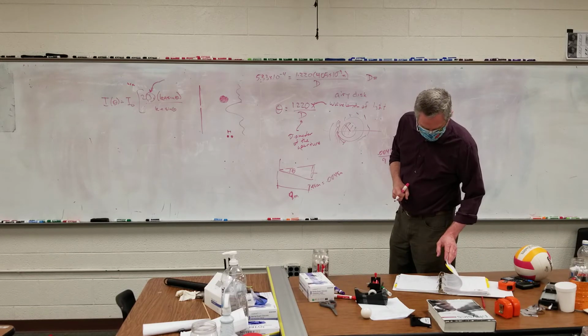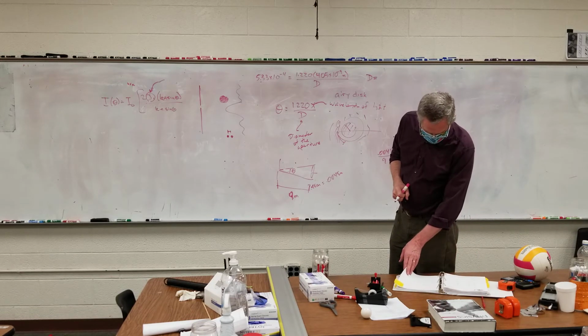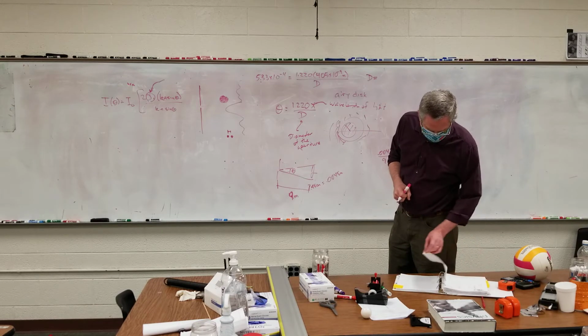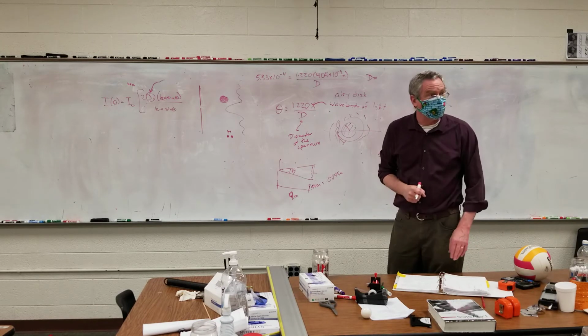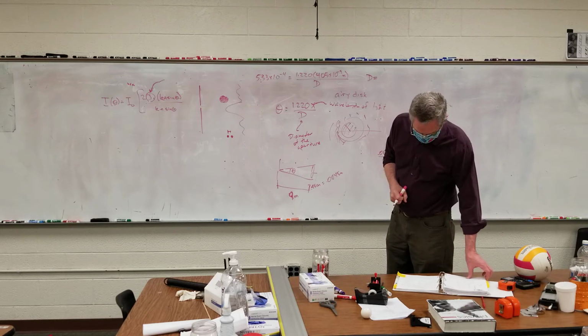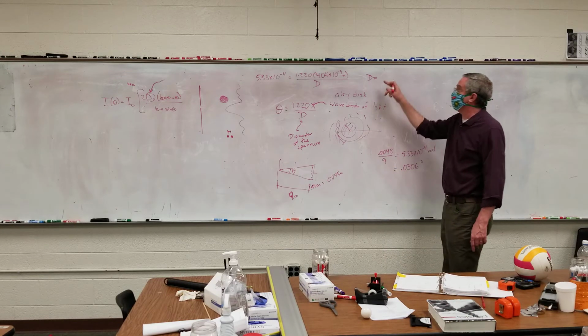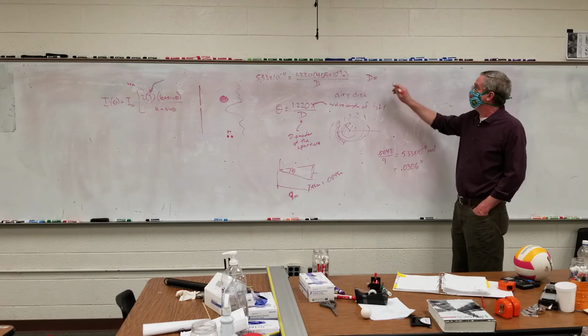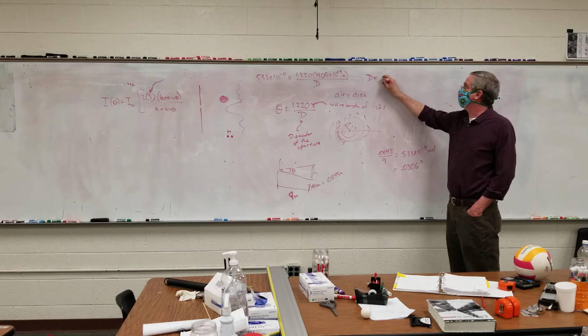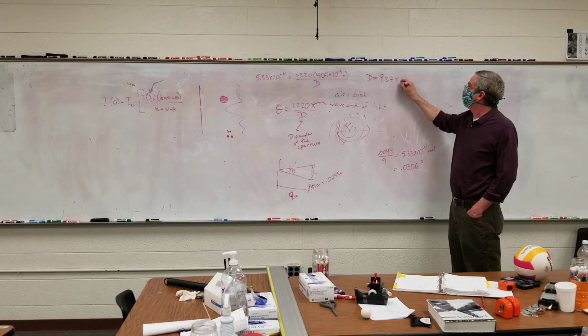There we go, finally found it. All right, so what do we get for D? I got 9.27 times 10 to the negative 12